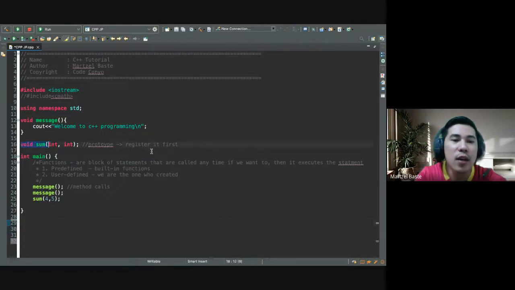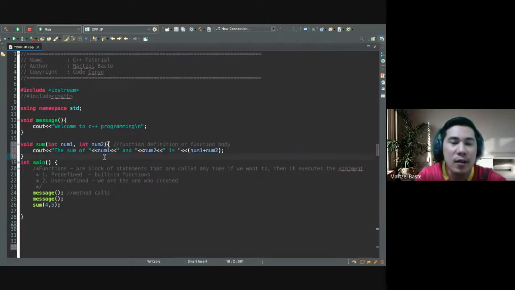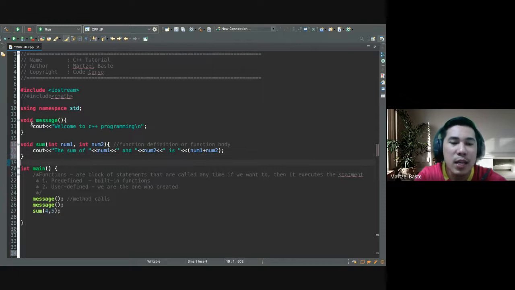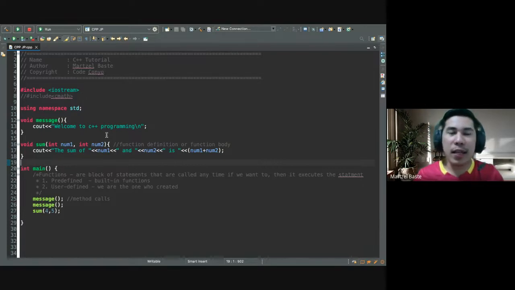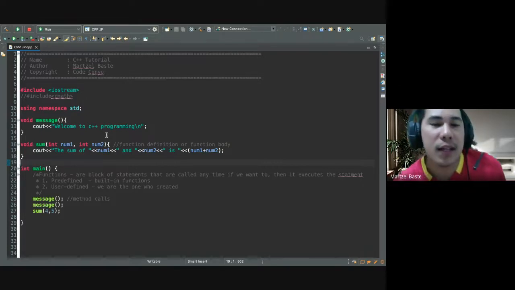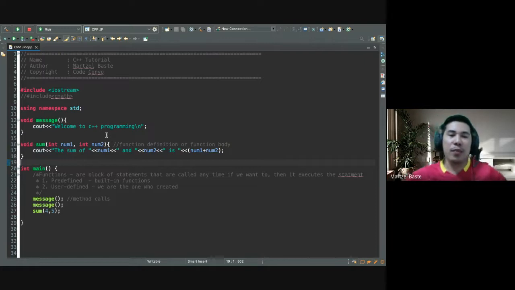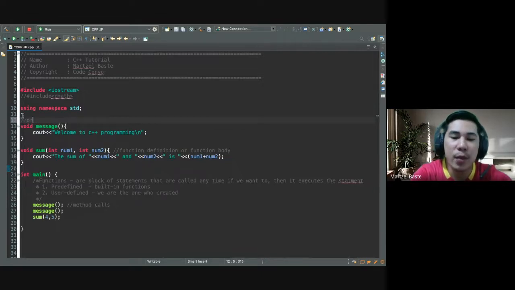Actually, you can go directly here, the same with what we did in message. It's up to you, whatever your preference is. Either you declare the prototype first, because some programmers like their prototypes,